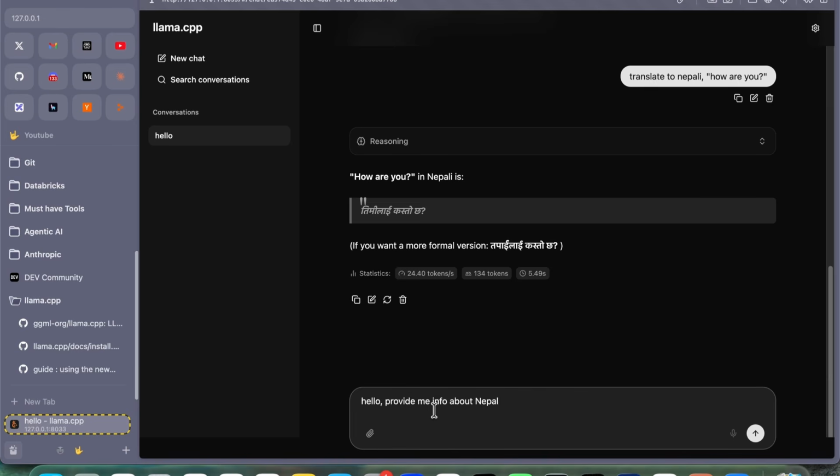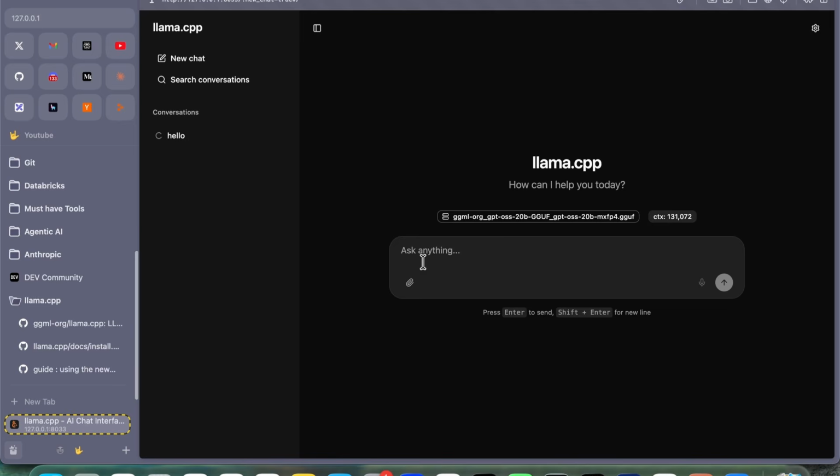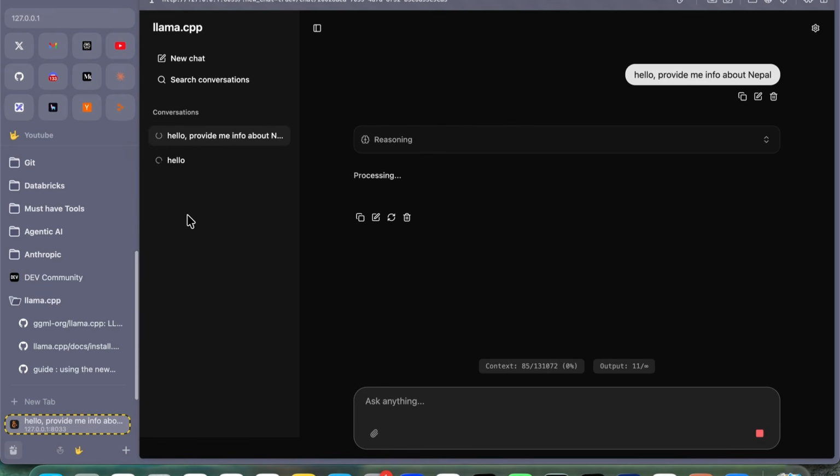I will just copy this now. I will just paste it here. I will go to new chat. So here in the new chat, I will just paste this one also here. So you can see that two parallel